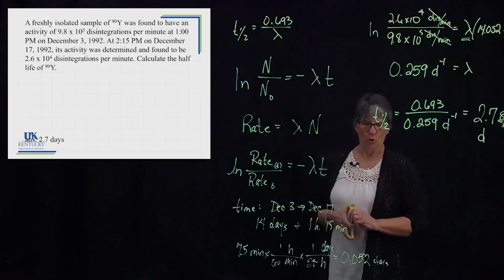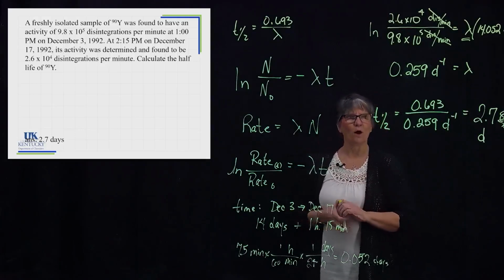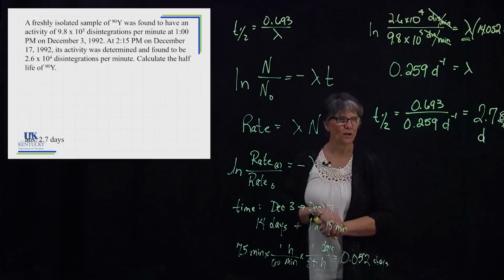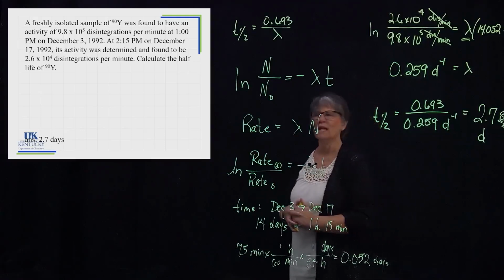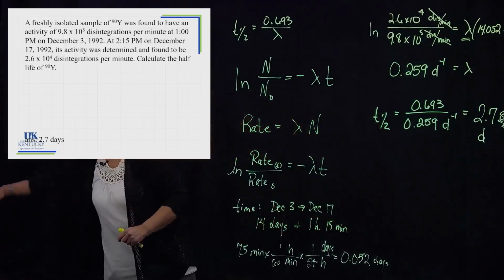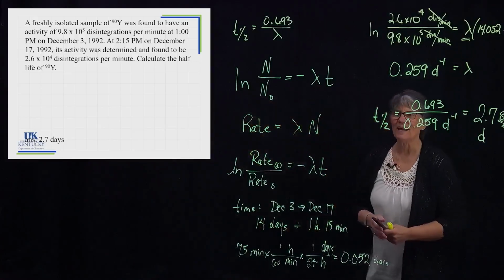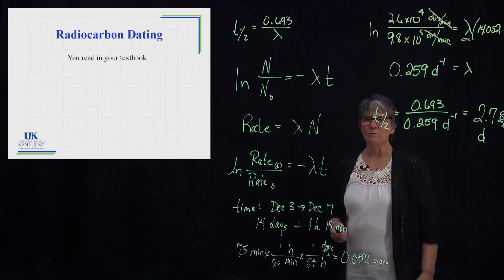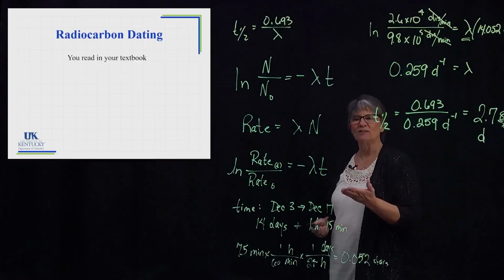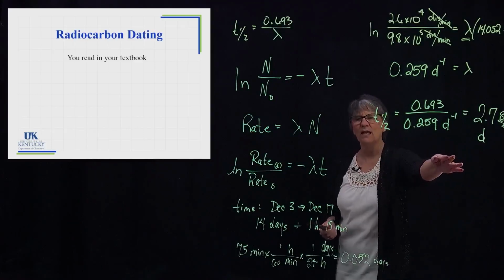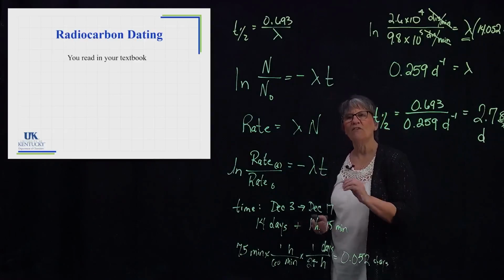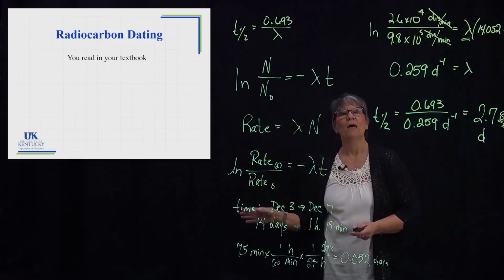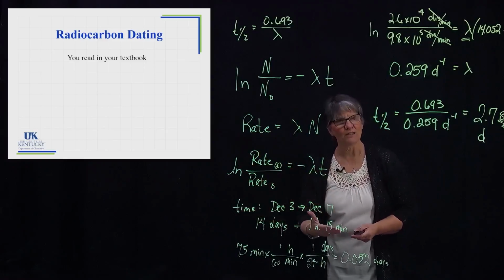All right, so that is how we work through a first-order kinetics problem in the world of nuclear chemistry, and it is no different whatsoever than what we did back in the chapter on kinetics. Now, what would you use this for? Why be able to do these kinds of calculations? Well, there's lots of reasons, but one of them that I want to mention is you can date objects by knowing their half-life. Going in and making a measurement of how much is there now versus how much you know should have been present initially,